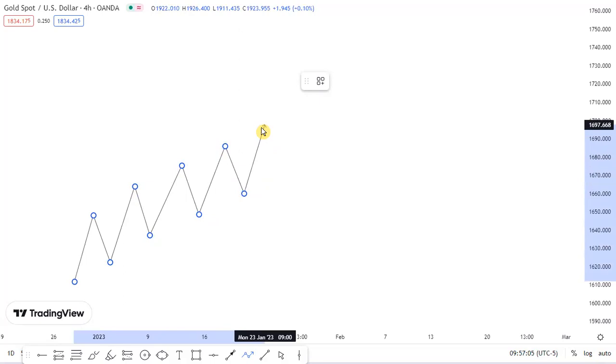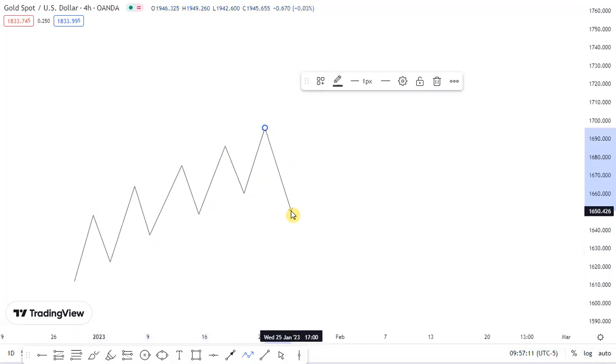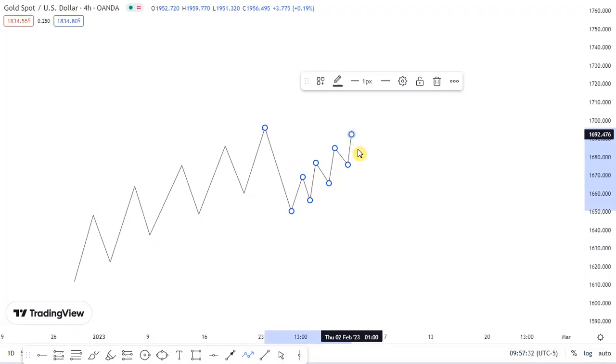and finally now we have a stop raid, and then we have another stop raid, then we have a change in character, and after the change in character we have an impulsive move. This is an internal uptrend. Within this move, after the change in character, you have these moves. Okay, you have this move, and then finally we hit the order block, which is our supply area, and then we have a change in character, and then